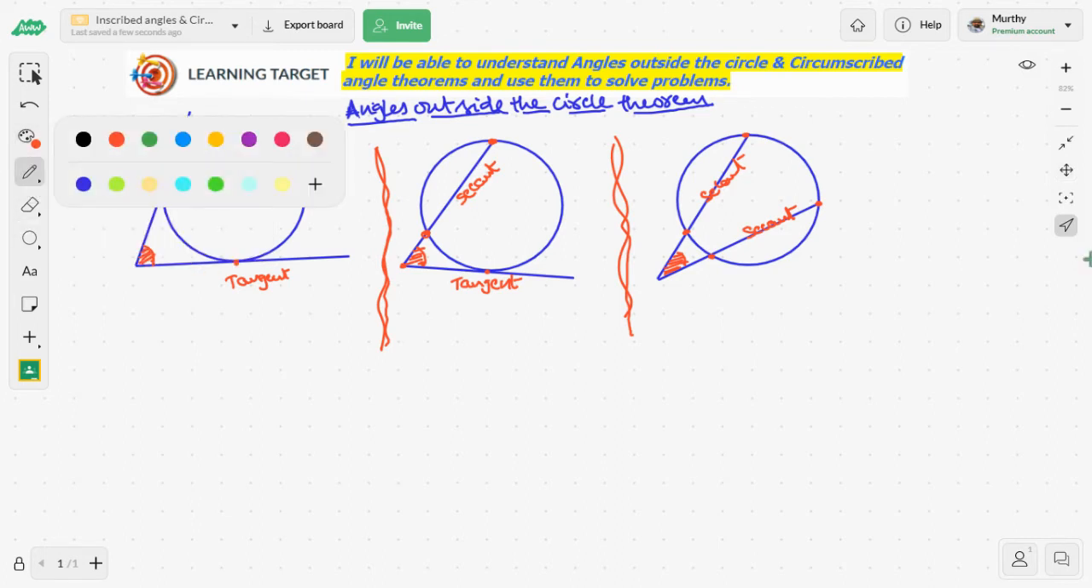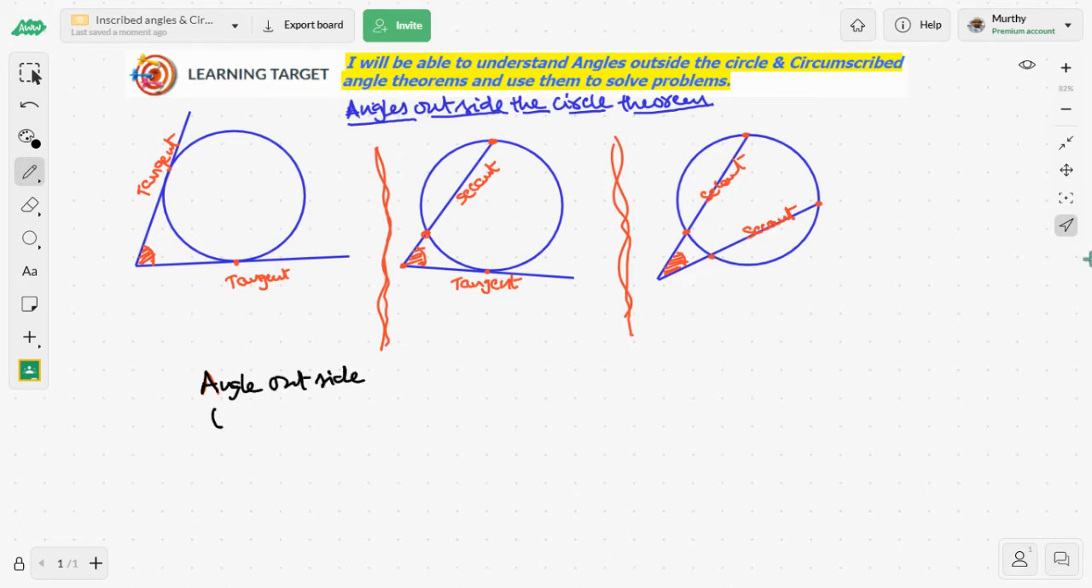That is, let me use a different color. Angle outside the circle equals half of the measure of the long arc subtract the measure of the short arc. So you see that in case 1,